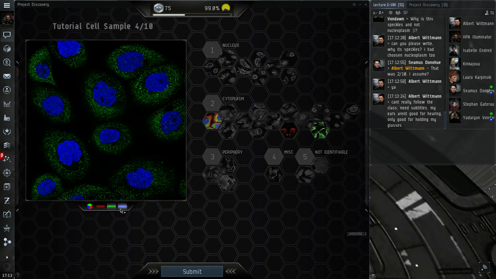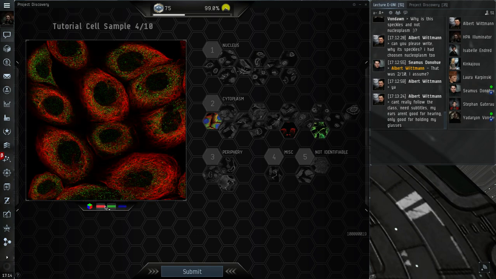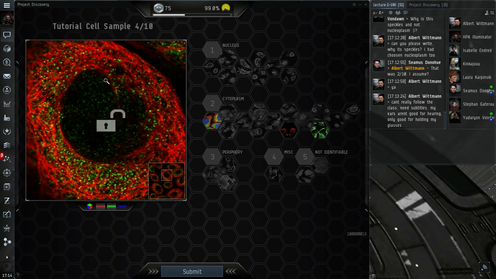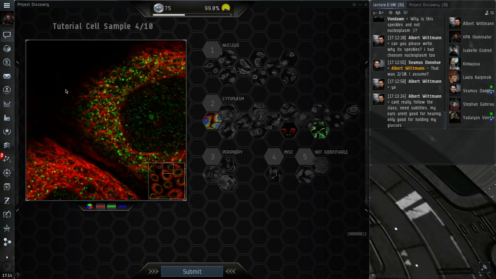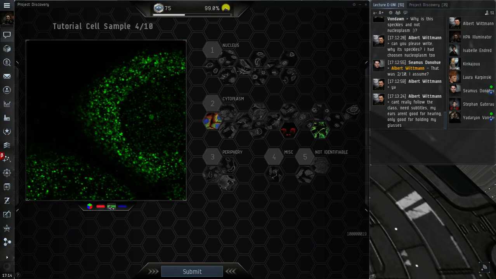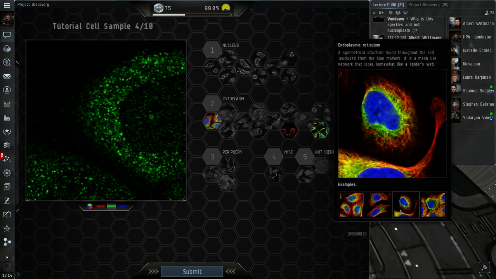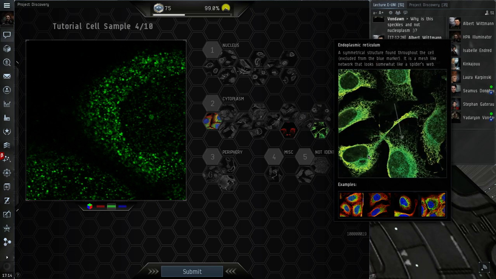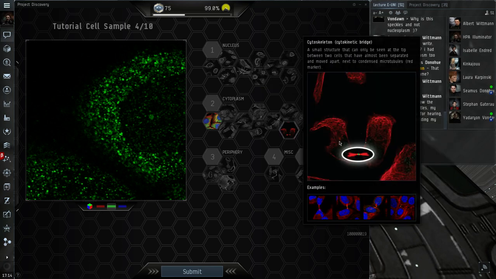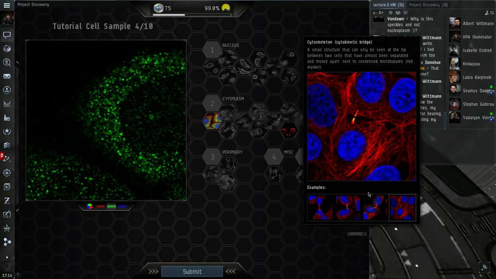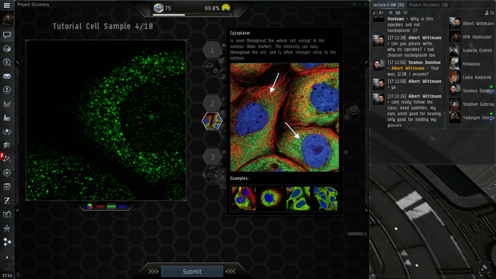And here we have a green staining, which is not overlapping with the blue, so it's not a nuclear staining. It's overlapping with the red, which is good. So it's a cytoplasmic staining. We can see that it's not outside the red, it's really contained within the cell. So we still have the ER to choose from, which is looking a bit different. We have the cytokinetic bridge, which is the small junction that ties two cells that have just divided together. And we also have cytoplasm, your favorite category.